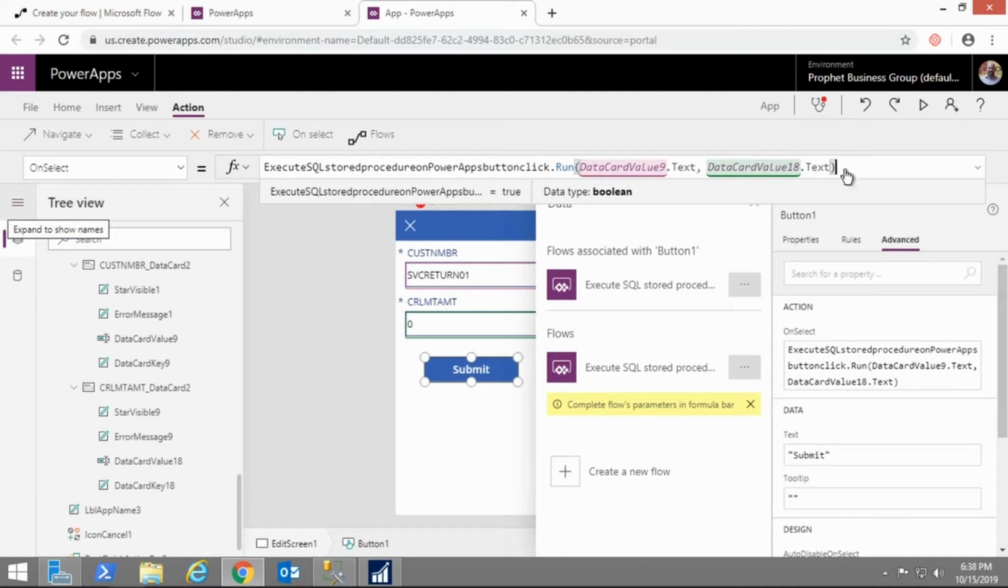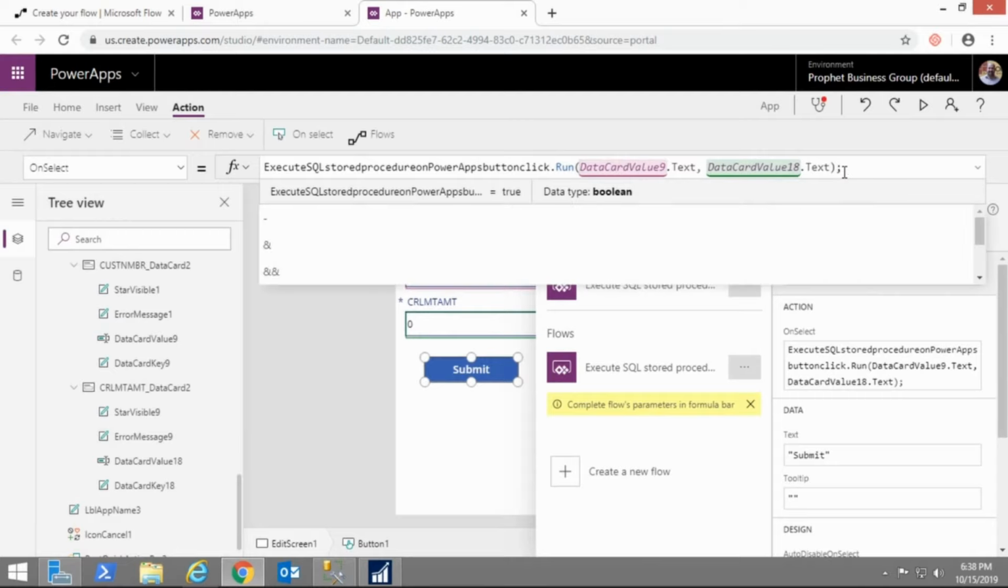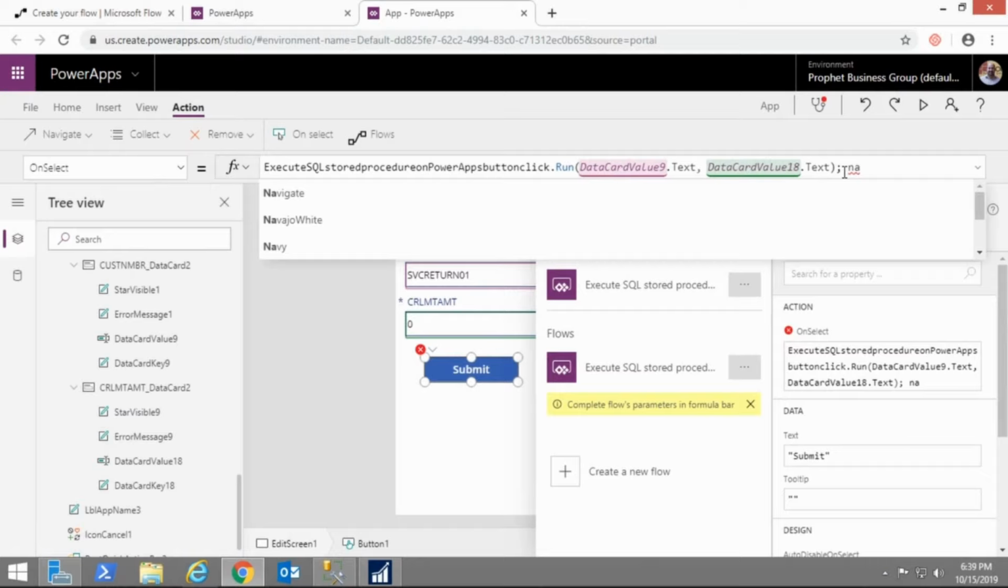The other thing I can do is add extra commands into this particular submit button when it's clicked. So the way I do that is just by doing this. One of the things I'm going to do is, once I've clicked the submit button, I want to navigate back to screen 1. So just navigate screen 1. But before I actually do that,